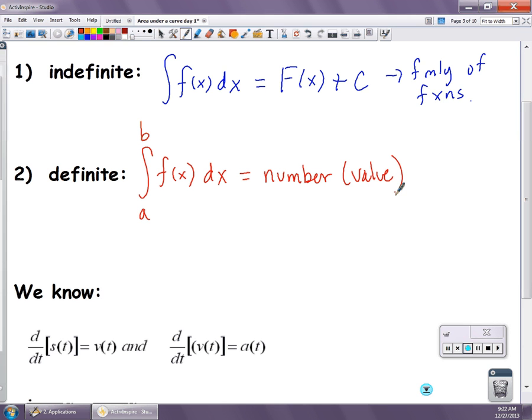Now, how we evaluate or how we get that value, there are a number of ways to do that, and we're going to discuss what the geometric meaning of the definite integral represents in this particular video. So in this lesson, we're going to focus on evaluating definite integrals, and we're going to talk about the geometric meaning